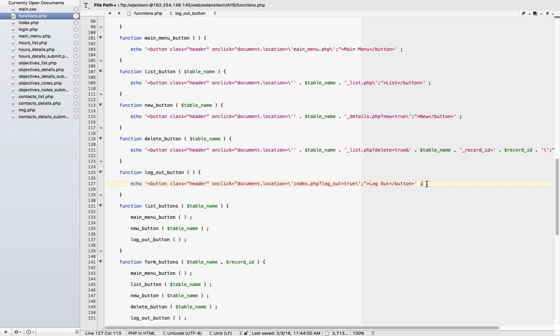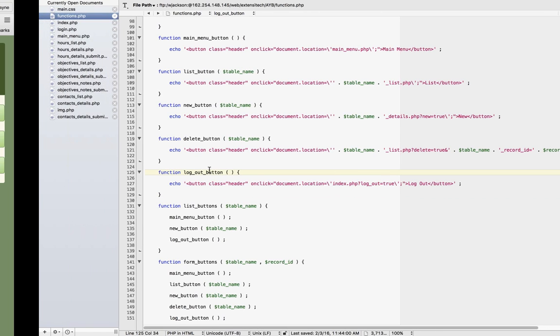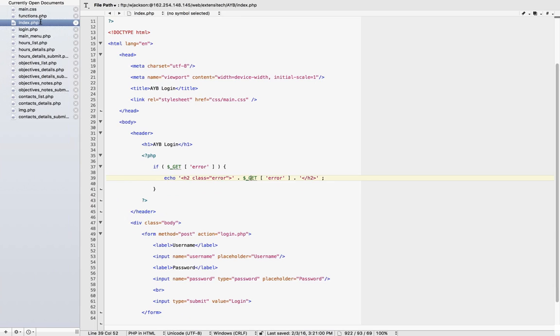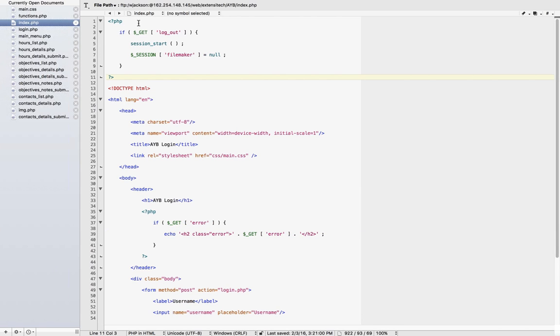I don't want to have to make changes to the logout button on every screen that it exists on. I want to just change it in my functions.php file and have those changes propagate out. And if we look at the index.php file, up at the very top, what I skipped before, if a